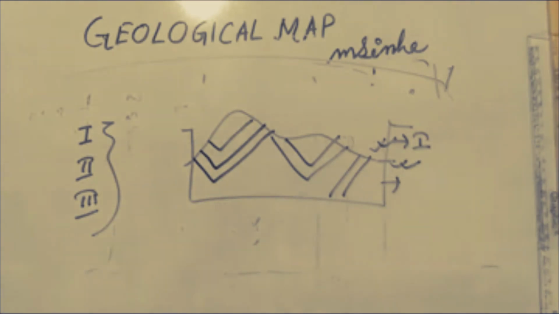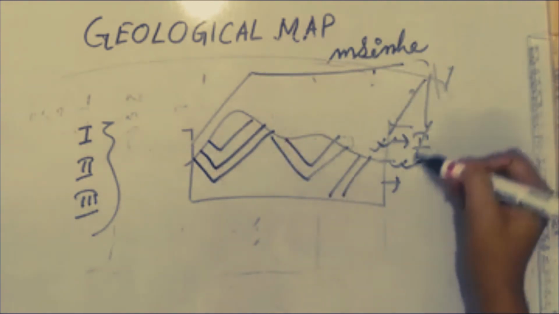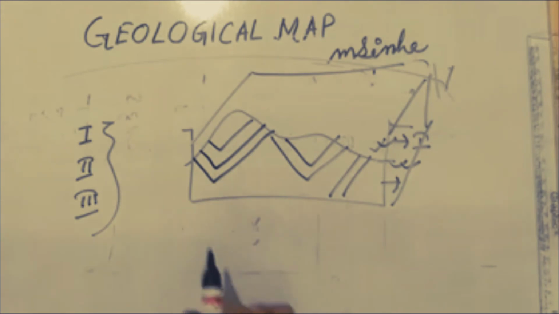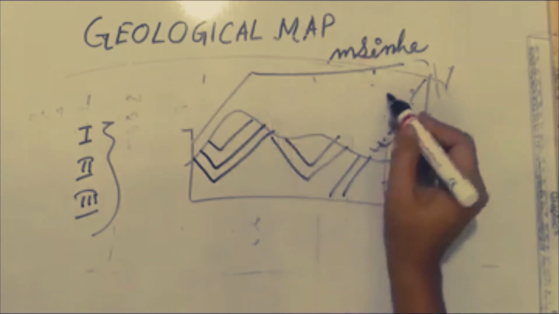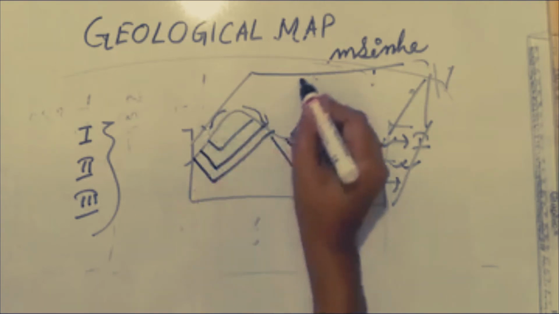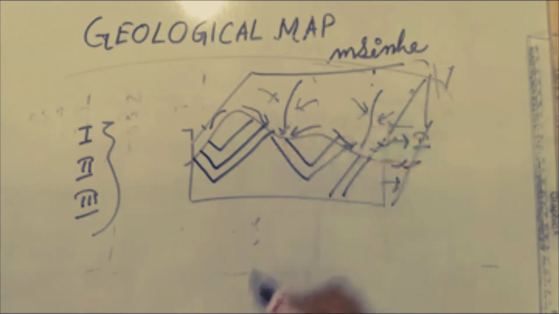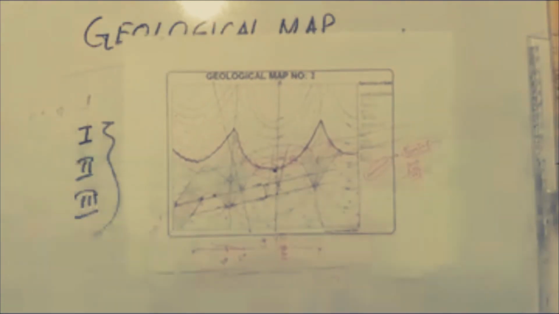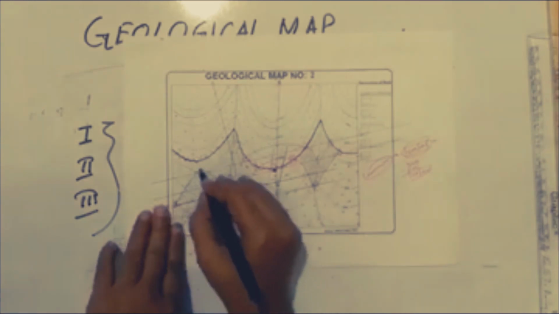The third thing from a geological map: just think of it in 3D and pour water. Suppose this is a humid climatic condition, and if we pour water, water will move in that way. This highland acts as a water divide. Then think of it in 3D, and a lot of riverine systems will develop. The third thing is this, the surface runoff. Suppose you take this geological map and take a blue pen, and suppose these are the patterns.